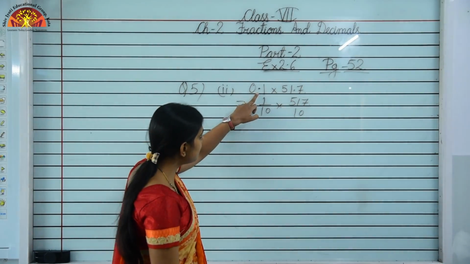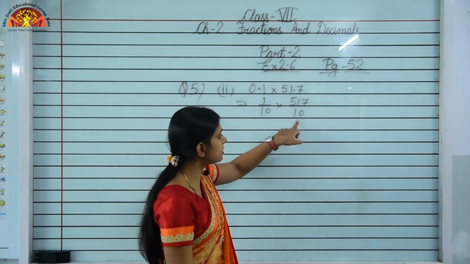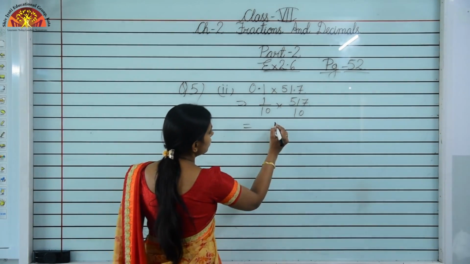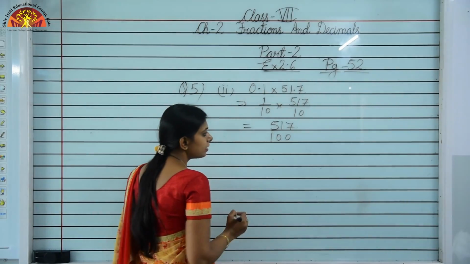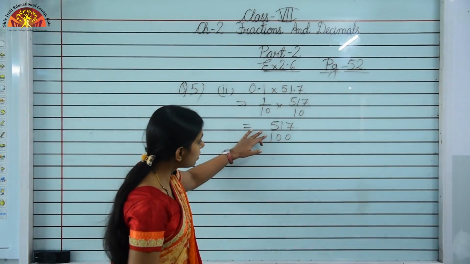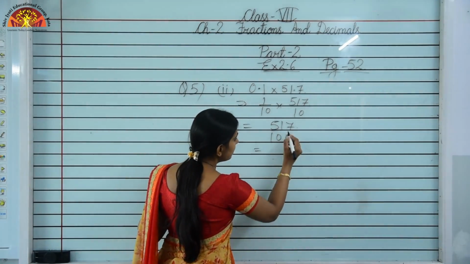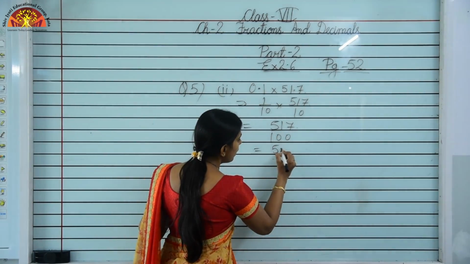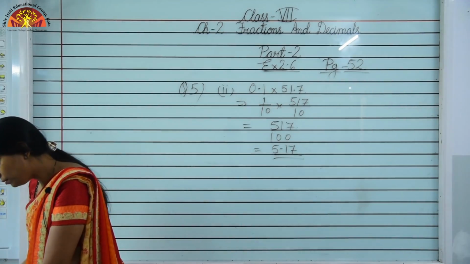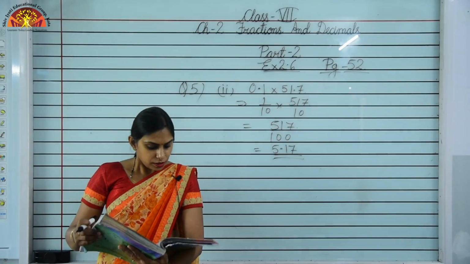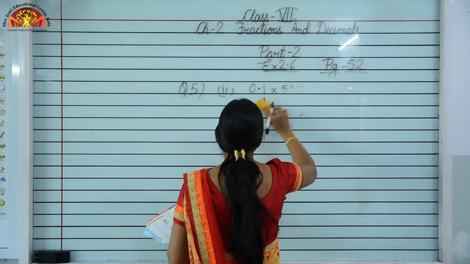Here also there is one decimal. After one decimal there is only one number, so we will divide by 10. Again the same thing, so we divide by 10. So that is 1 into 517, 517 upon 100. Now we are dividing it by 100, so the decimal will be placed from the right after two digits. So it is 1, 2, so 5.17 is your answer. Got it? Now just see the next question, that is the 9th one. Just see the 9th part of this question. It's very easy.